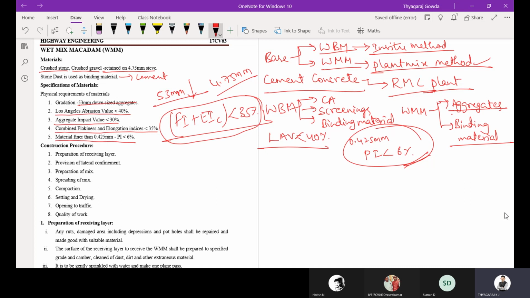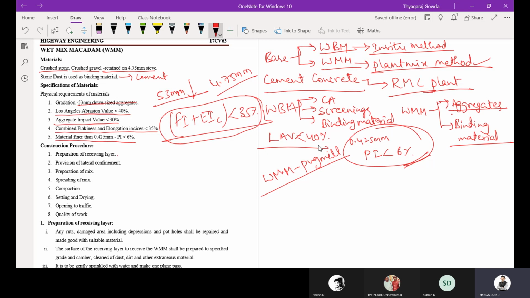The plant where we produce this wet mix is a pug mill. Remember this one; in competitive exams they may ask it. The wet mix macadam is prepared in a pug mill. Similar to an RMC plant, you simply bring the wet mix macadam to the site, place it and compact it.